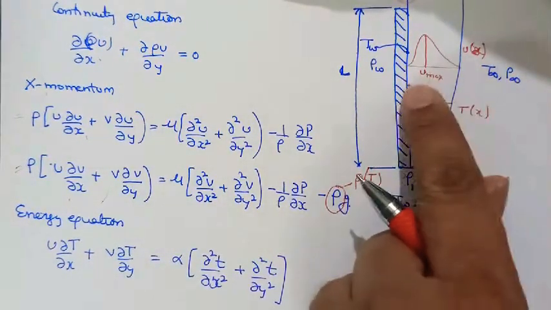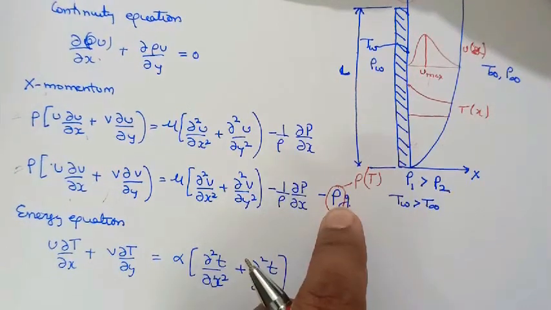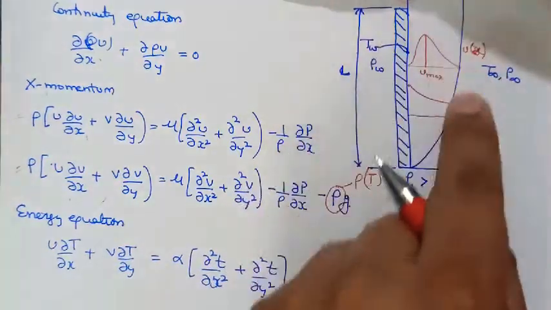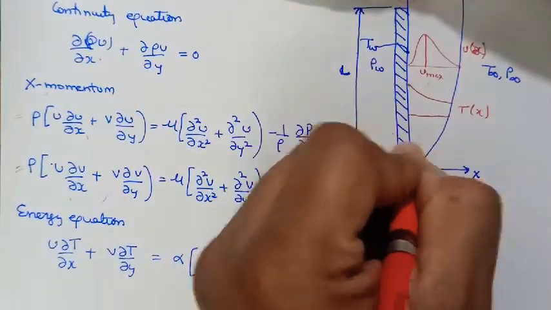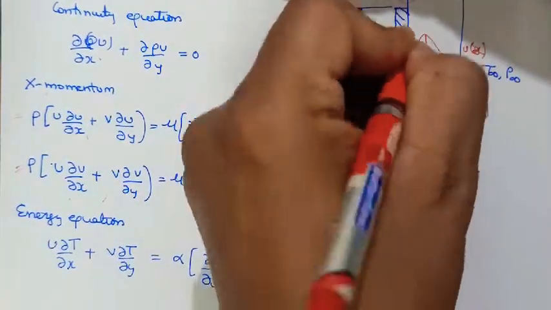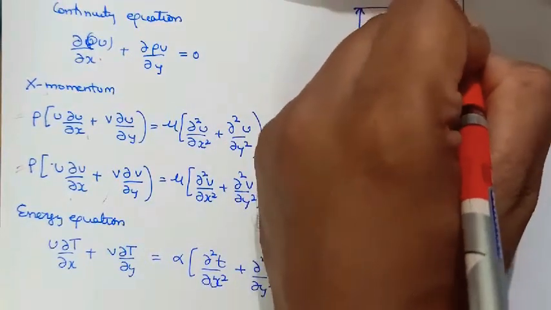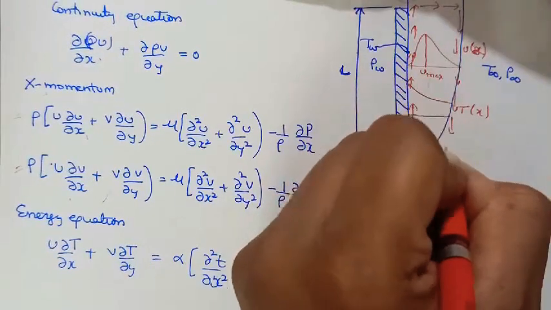Because due to the temperature difference, the density difference occurs, and due to that density difference, the buoyant force or the natural convection takes place, right? And if I draw, this is how it happens,